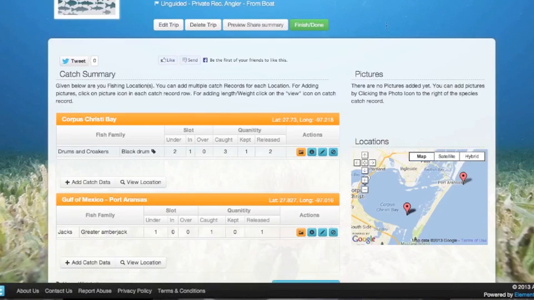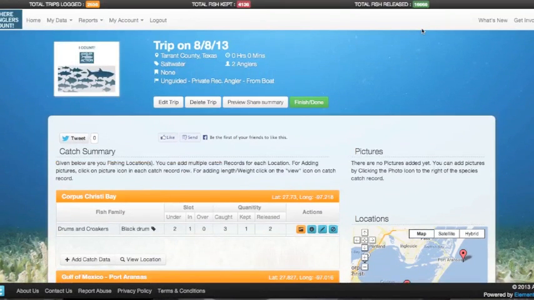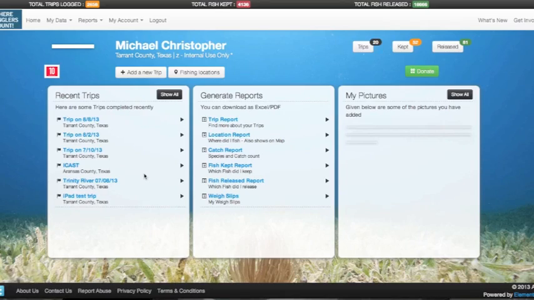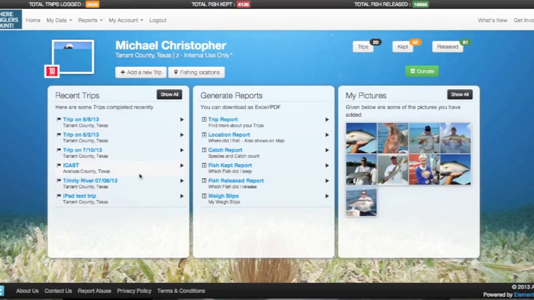And these will immediately show up in those social media accounts. If we're done, we click done, we get a thank you screen, and we can go back to our dashboard. Now, for those trips